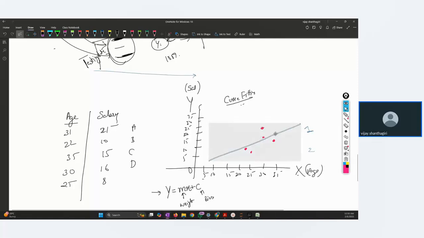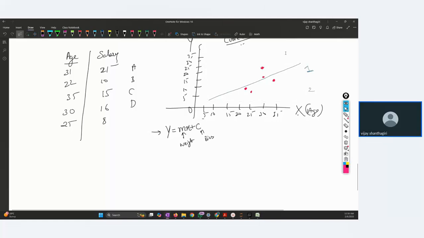So that's the whole idea. You create a line which captures maximum variance in the data. That's the linear regression. But that is all there is, for all kinds of machine learning algorithms. You are trying to build an equation which captures the entire variation. So if you want to express this particular line with an equation,